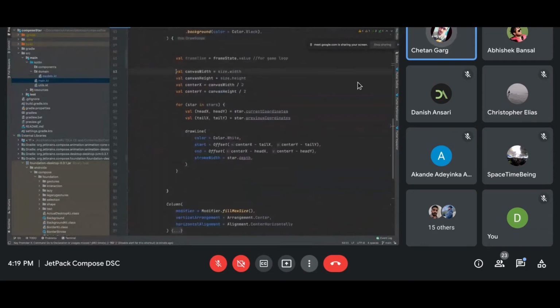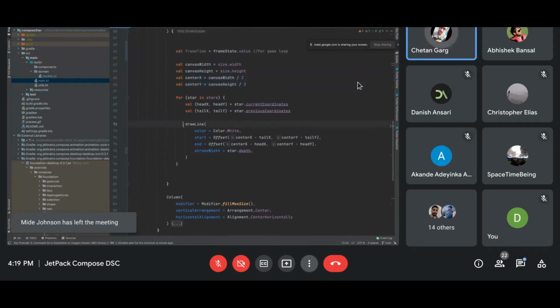Before I tell that, let's also see the drawing logic first. So see what I did. I have taken out the canvas width and canvas height. Okay, got its center point by dividing it by half, right? For I need to draw a line, right? So what does a line need? A start point and an end point, right? So for that, I need to position those lines from the center, right? So what I did is center minus tail length, x center minus tail length, x center minus this.